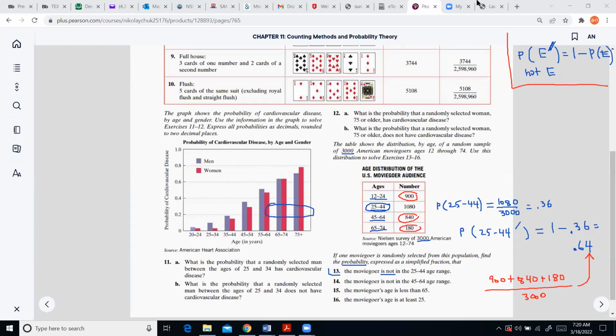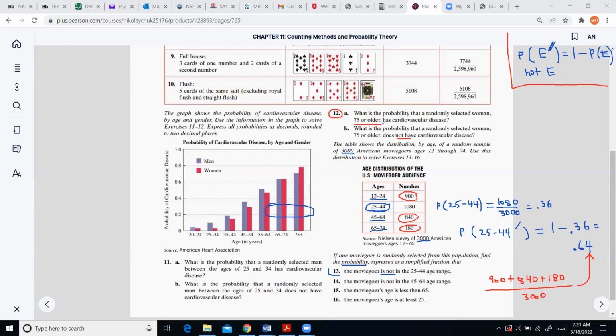Exercise 12 also seemed to have a question in the complement format. I just noticed that part B is here. So this exercise is related to another group of problems. This exercise is talking about the probability that a randomly selected woman